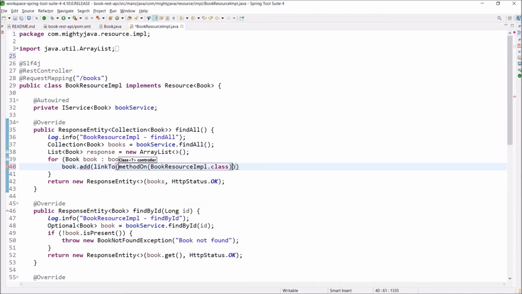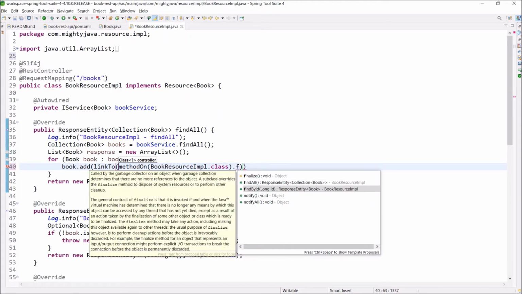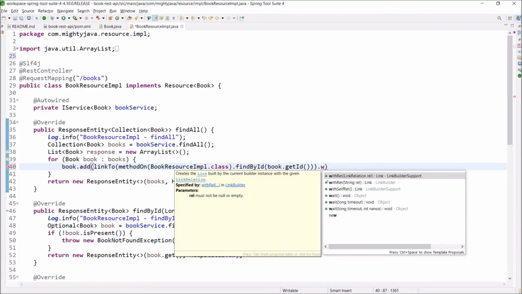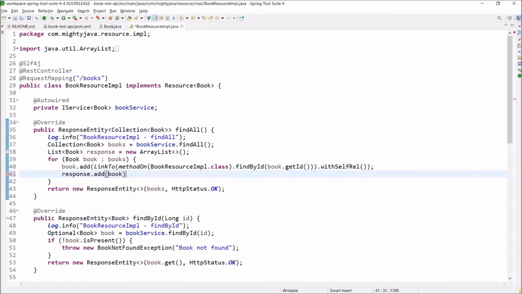As part of this book object, we need to include a book ID request link also. So after this, let's call the findById method and pass the book ID. And at the end, let's call the withSelfRel method. After that, let's add this book object to the ArrayList, and instead of books, let's return the list object.